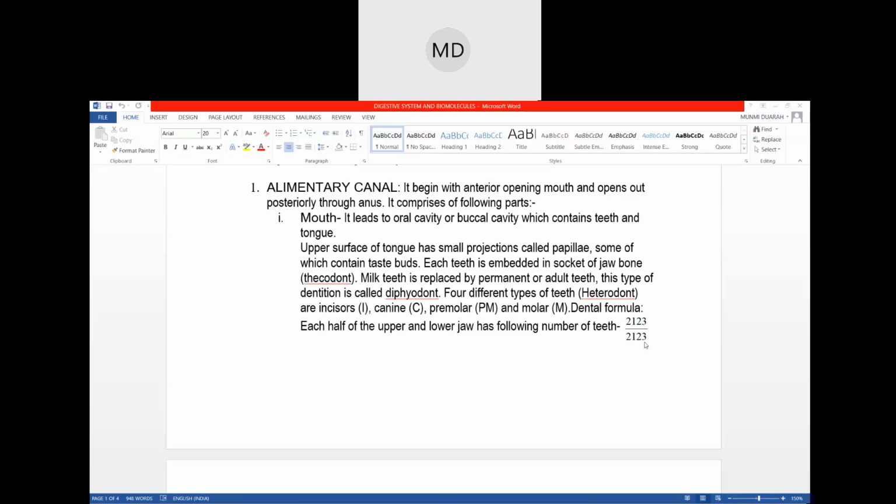this is given like the sides, only one side. If you divide your mouth into left and right halves, just imagine, in your front there are normally 4 teeth. Those 4 teeth are incisors. The 4 teeth that are in your immediate front are your incisors. But when your mouth is divided into left and right halves, those incisors will also be divided in half, right? 4 will become 2 on the left and 2 on the right, right? So that is why it is given 2, because